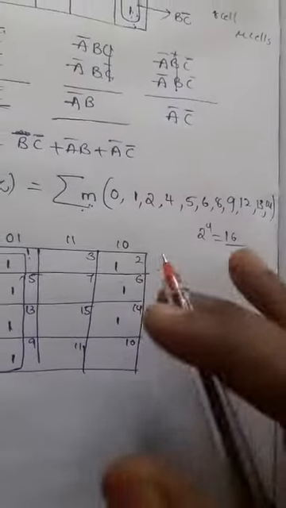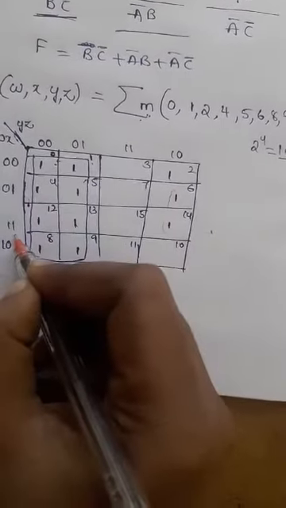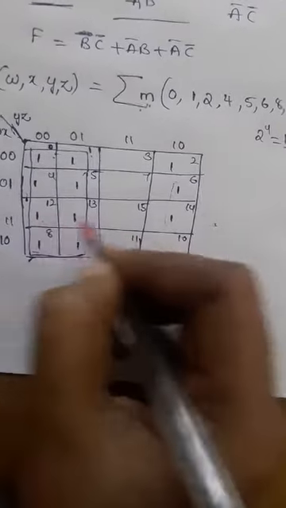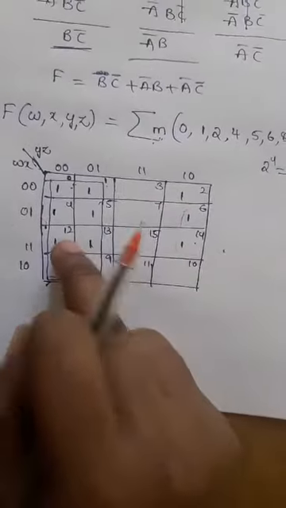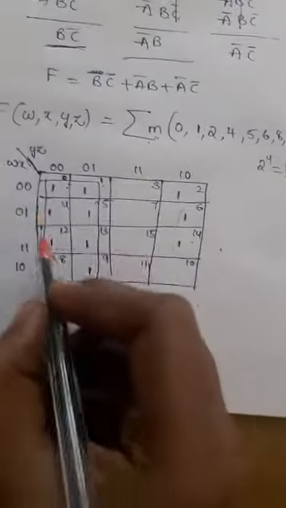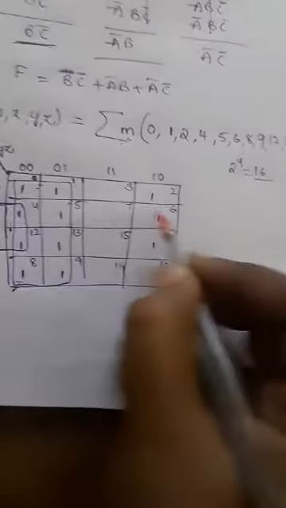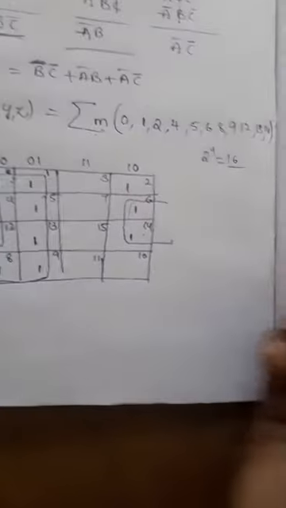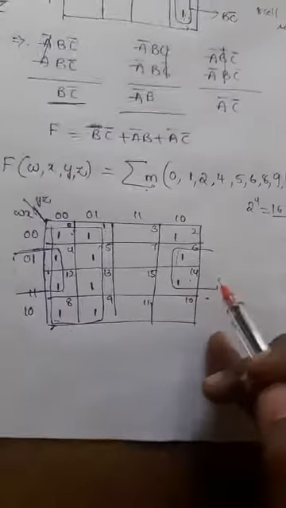So what to do? Here two cells we are having ones, that is 4 and 12, and 6 and 14, that is opposite cells. Actually the opposite of the fourth cell is 12, and the opposite of the 6th cell is 14, right? So that means opposite pairing is possible. So directly you can take it like this. Sorry, one quad is possible, that is opposite pairing.